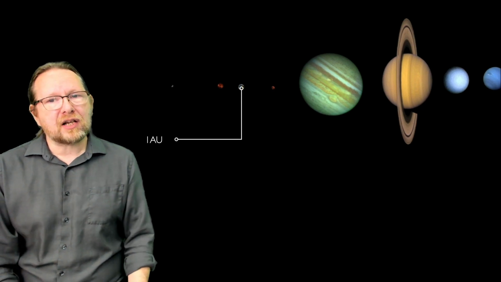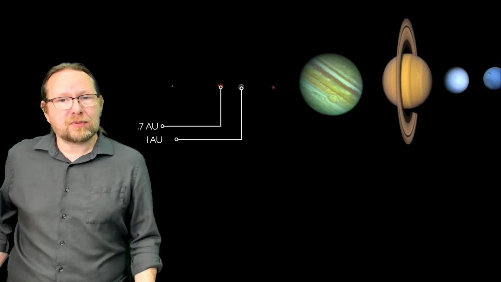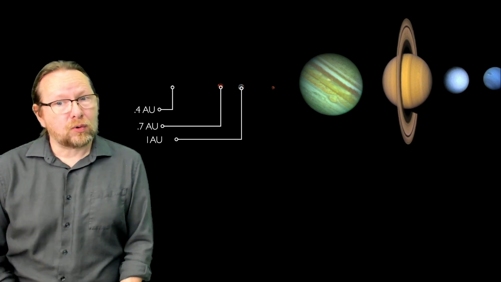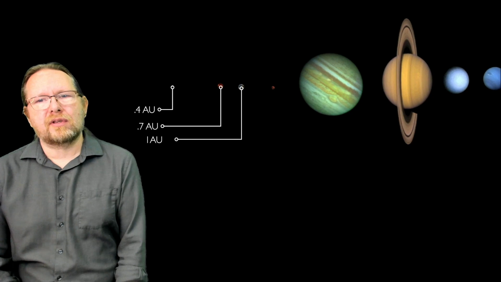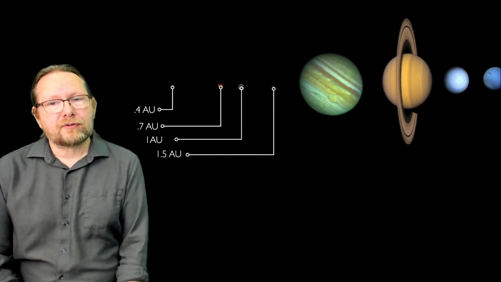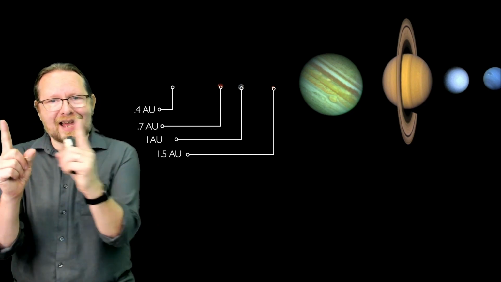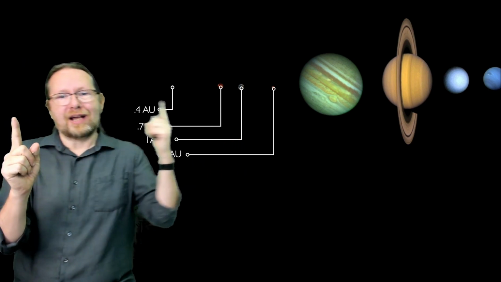Here is a cartoon picture of our solar system. Obviously the planets are not to scale, they're to scale to one another, but they're not to scale to the distances between them, obviously. The distance from the Sun to the Earth is 1 AU. The distance from the Sun to Venus is about 70% that, 0.7 AU. The distance from the Sun to Mercury is about 0.4 astronomical units. So Mercury is a little less than half the distance from the Earth to the Sun. The distance to Mars from the Sun is 1.5 AU, which means sometimes the Earth is half an AU from Mars, and sometimes it's 2.5 AUs from Mars,